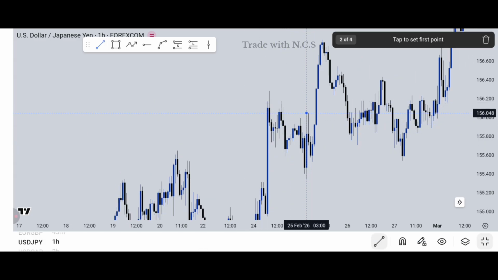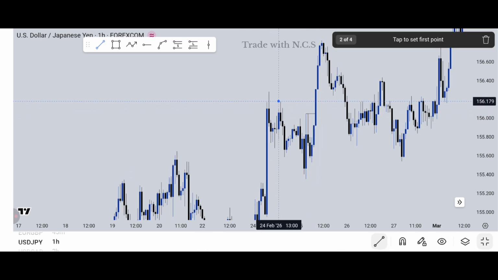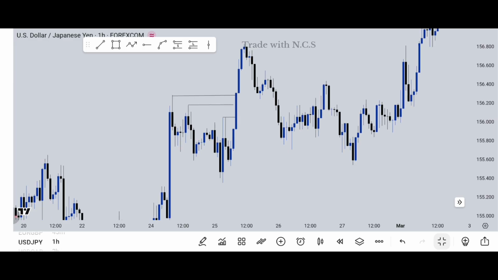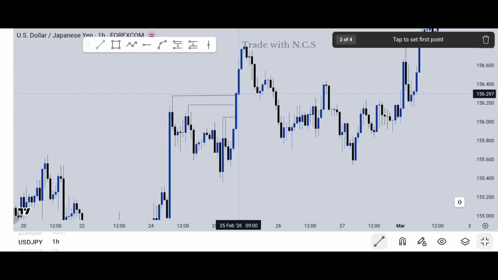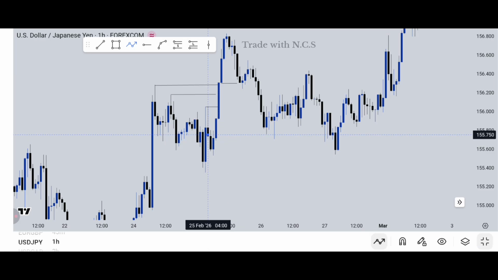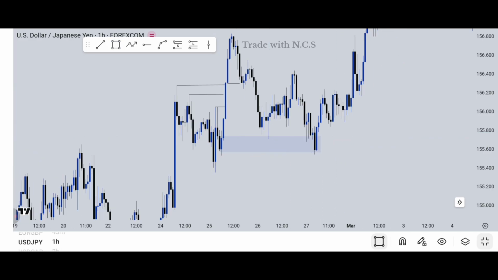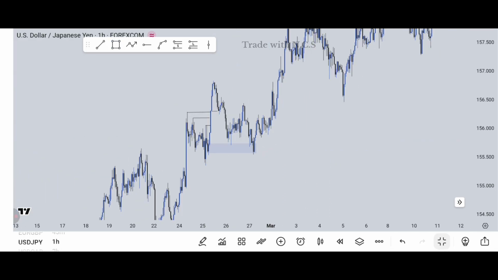Market broke structure here. First break, broke structure here. Second break, and here, third break. This is a triple break of structure, and market always tends to respect this thing. It respects it like mad. Not every time though, but 90 to 95% of the time, market tends to respect this type of breakout structure.